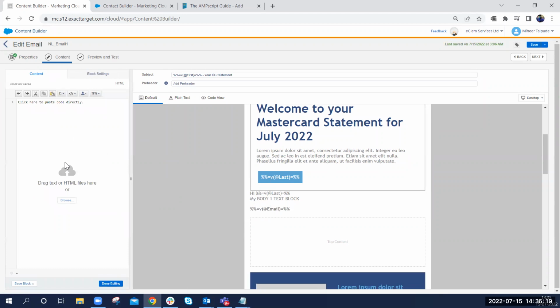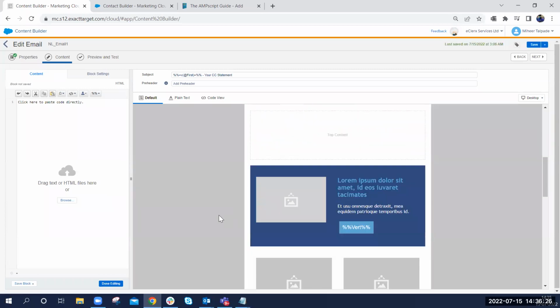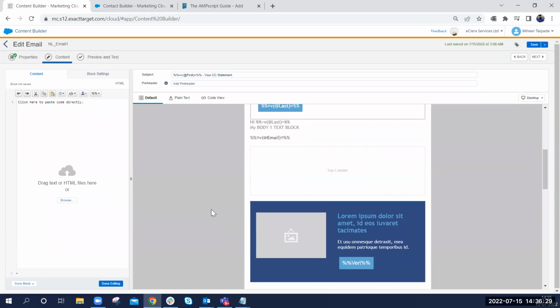Now for those who know HTML, there's always a mixed set of people who don't know HTML and people who know HTML. I've told you before also, if you don't know HTML, it does not mean you can't work on Salesforce Marketing Cloud. There are always workarounds. People who know HTML, excellent, good job. So let's assume I don't know HTML. Now, what I want to do is in this HTML block,